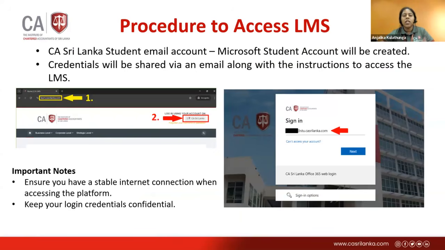To log in to this LMS you need a CA Sri Lanka student email account. That student email account is created by us. It is a Microsoft account. So we are giving you the credentials, username and password, for you to log into that LMS, and we have